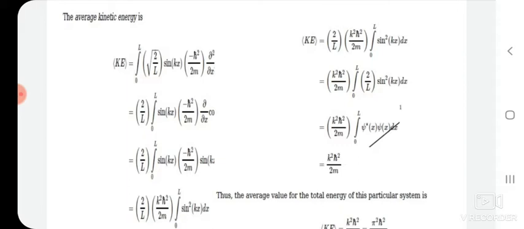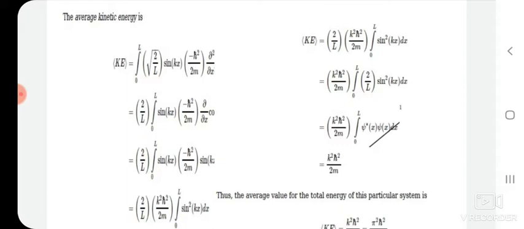In the last lecture, we discussed the particle in a 1D box and the wave function associated with that particle. After that, we derived its eigenvalue and its eigenfunction, and we got the eigenfunction psi equal to square root of 2 by L sin nπx by L. Now, if we move forward, today we are going to find out the average kinetic energy associated with that particle,